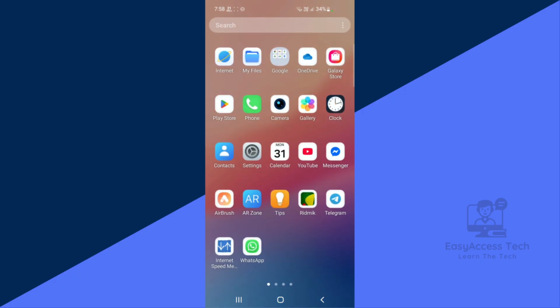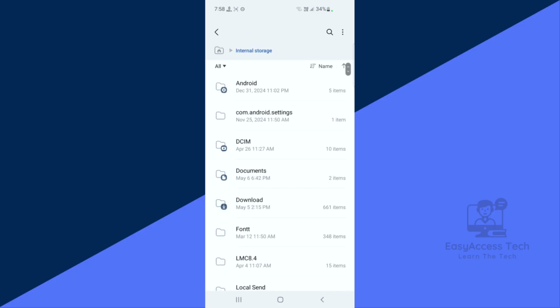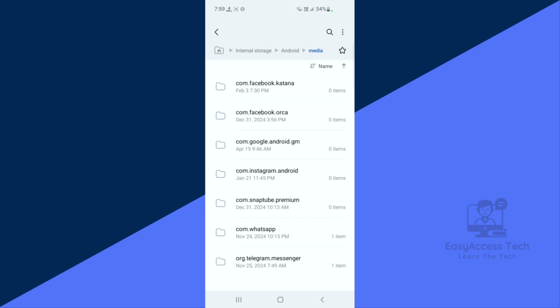So the first option is to open your Files or My Files on your phone. Now open your internal storage and look for Android. Just tap on this. Now open this media by tapping on it. Now you can see there is another folder